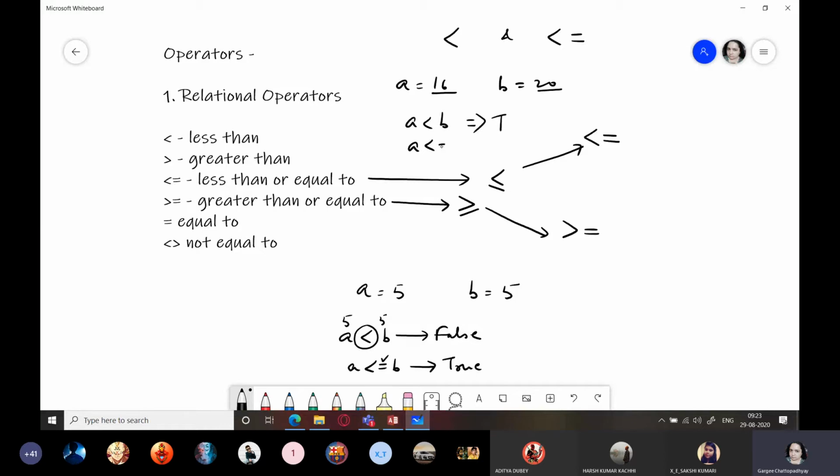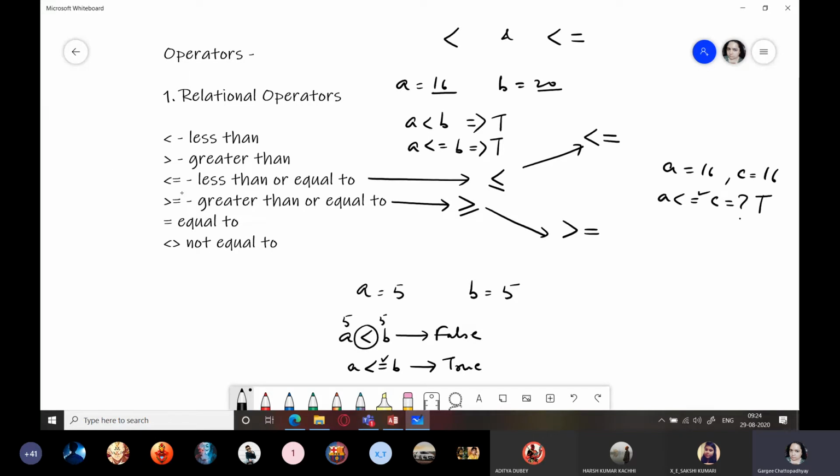If I say A less than equal to B, what will be its value? True ही होगा ना, because it is less than B. Yes. And if I write A equals 16 and C equals 16 and I write A less than equal to C, what will be its result? True. It will be true because it is not less, but it is equal.